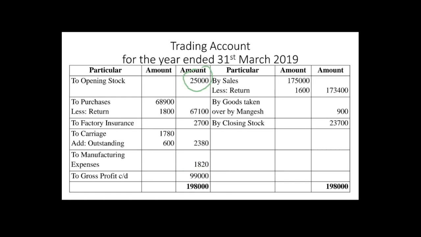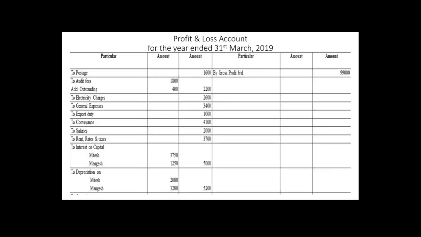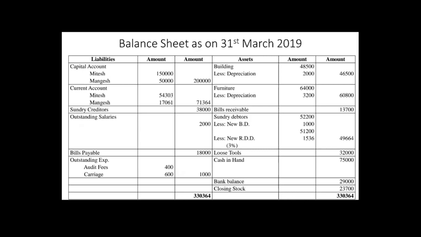The next one is what? It's building. Now building is what? Building is an asset and where do we record an asset? We record an asset in the balance sheet. Where do we record it? In the balance sheet. So on building we have done the star mark. What does it mean? Building is having an adjustment. Right? So if you will see building, you will see over here they have recorded building and they have mentioned the amount in the first column of the amount, that is 48,500. Okay, because adjustment is there on the building.